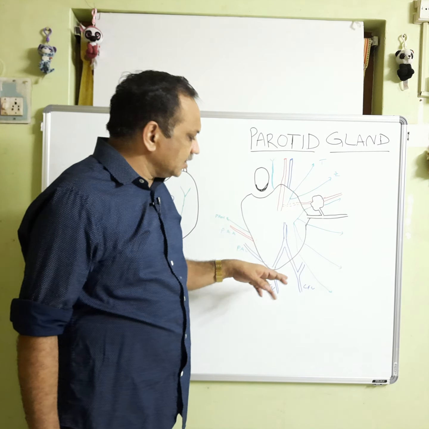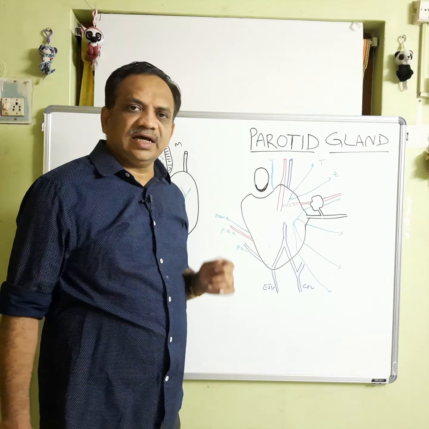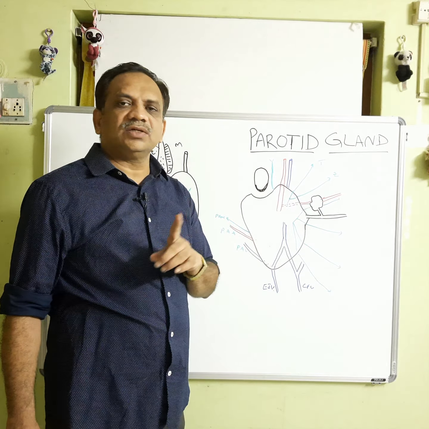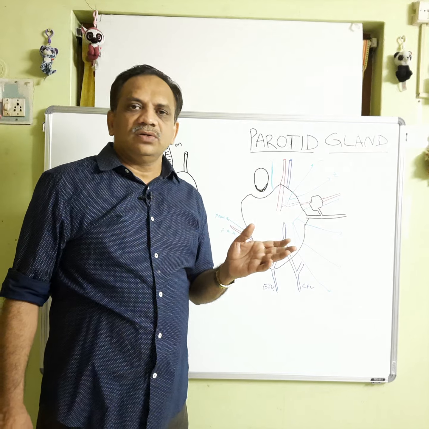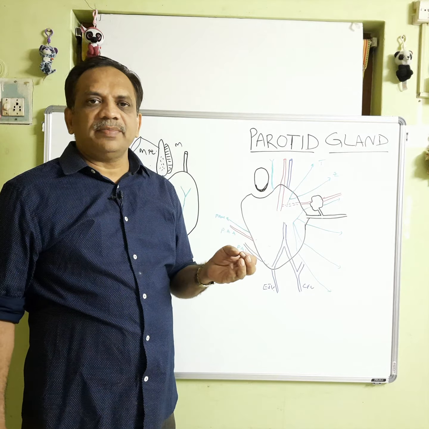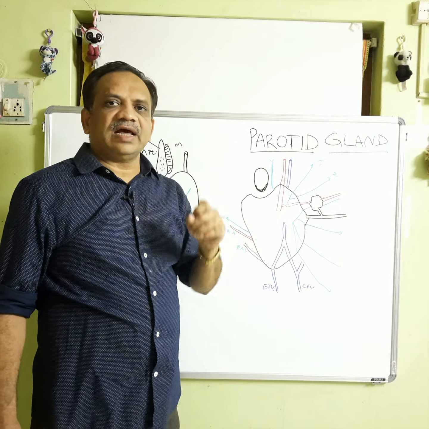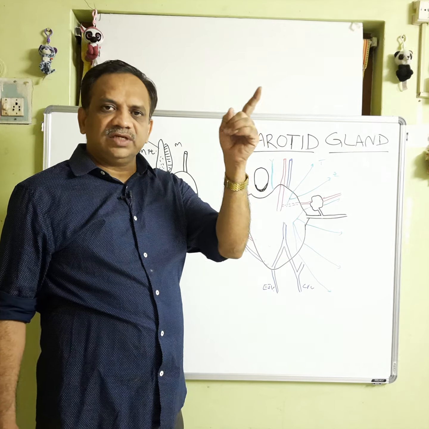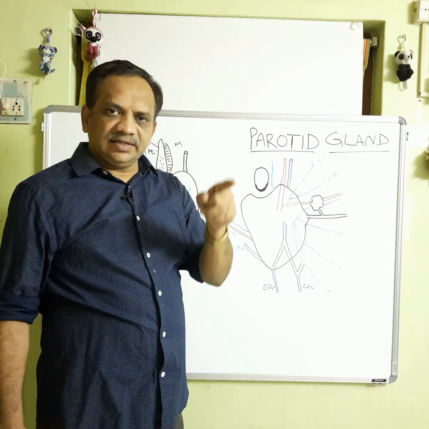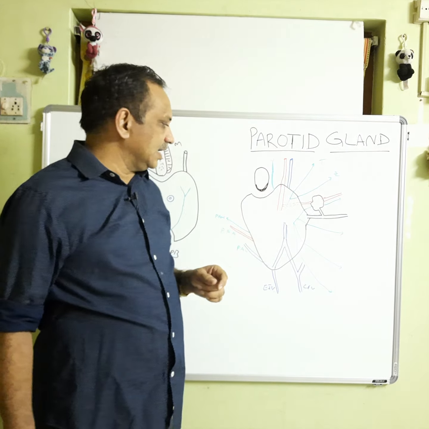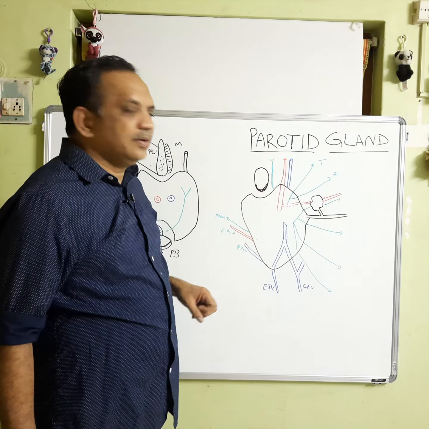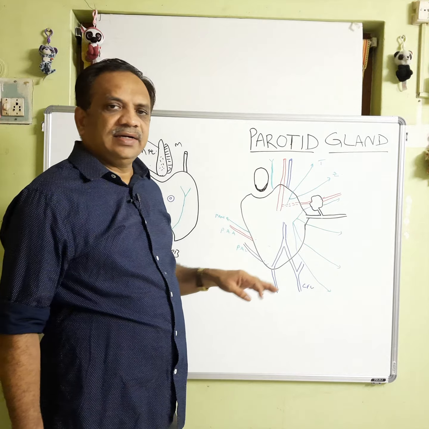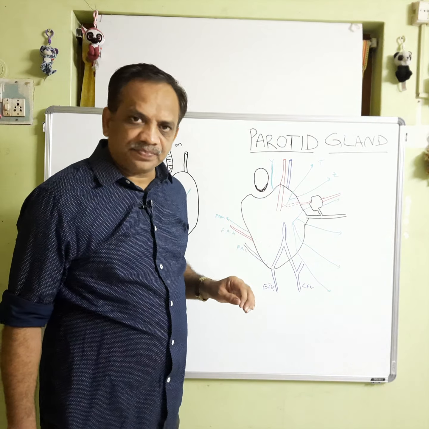And the chorda tympani nerve, which is present in the infratemporal fossa, also gives few fibers to the otic ganglion, which also sends a few secretomotor fibers from the superior salivatory nucleus, which pass through the facial nerve and the submandibular ganglion. So, this is about the parotid gland and its nerve supply.